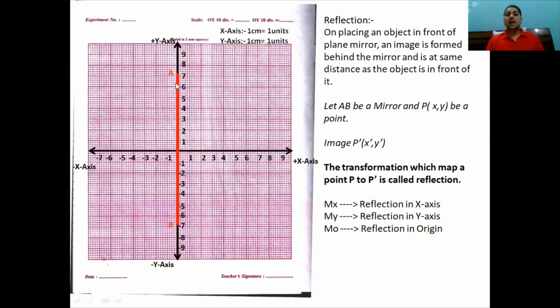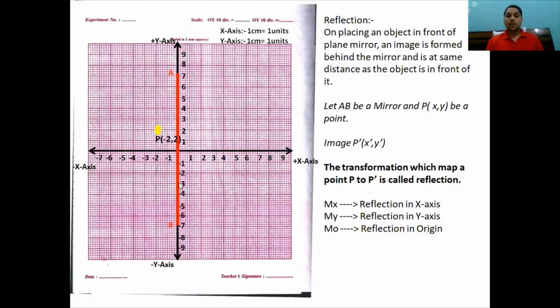This we will understand here. Now we have placed the mirror along the y-axis. If I place the point at this location, what will be the coordinates? Again, proceed from the origin. This is the origin. The x-coordinate is -2, and the y-coordinate is 2 here. So the coordinates of point P are (-2, 2). Since it is placed in front of, parallel to the y-axis,